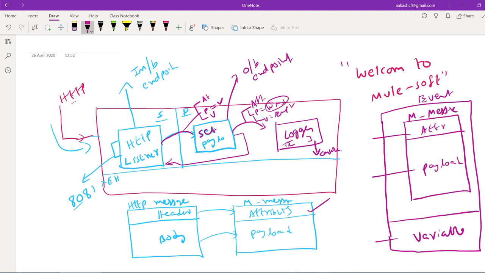Right? Now, whenever you give an HTTP request, a listener is listening for the request, and it is converting the Mule message to a Mule event. The structure of the event is attributes, payload, and variables. By using a set payload transformer, I'm setting the payload value, and that I'm displaying. I'm sending it back to the client, right? Let me show you this practically in Anypoint Studio.